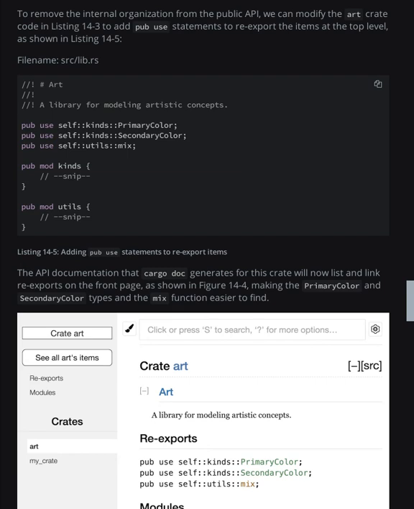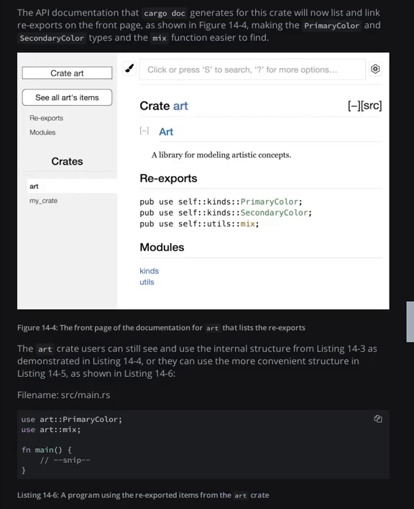The API documentation that cargo doc generates for this crate will now list and link re-exports on the front page, as shown in figure 14.4, making the PrimaryColor and SecondaryColor types and the mix function easier to find. Figure 14.4, the front page of the documentation for art that lists the re-exports. The art crate users can still see and use the internal structure from listing 14.3 as demonstrated in listing 14.4, or they can use the more convenient structure in listing 14.5, as shown in listing 14.6. use art::PrimaryColor; use art::mix;